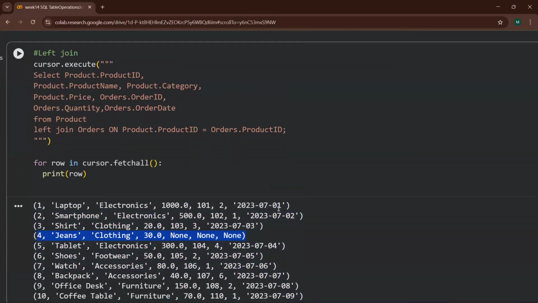Please go through this code and this output and let me know if you guys are clear with this. What about others? Clear?